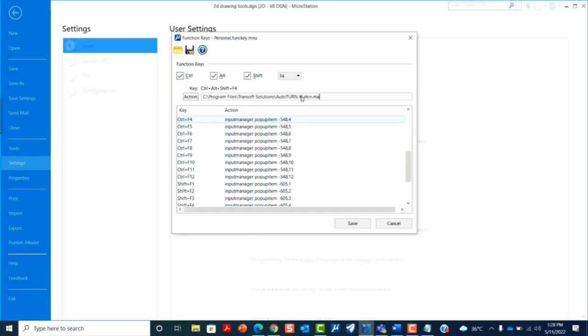Here you have to make sure that you write the AutoTurn version of yours which you have installed. Click on Save. AutoTurn will be loaded in the software.